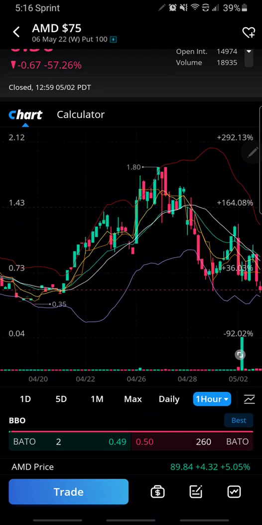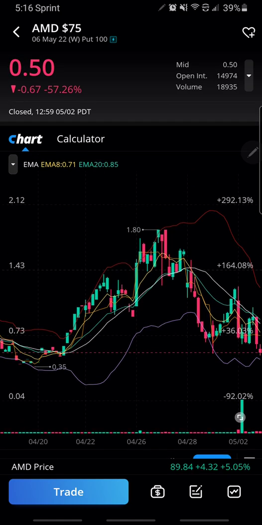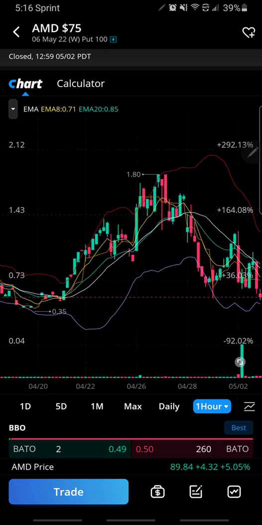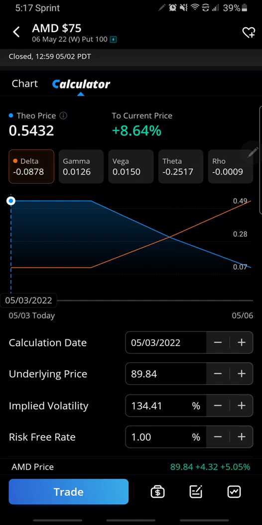Like here, I'm looking at the option price of AMD expiring on May the 6th, the 75 puts, and I'm able to see it from April the 20th all the way to today. We are May the 3rd. The markets will be opening in about an hour and 15 minutes when I'm making this video. So this part on here is something that you know already, but let's go very quickly here to the part